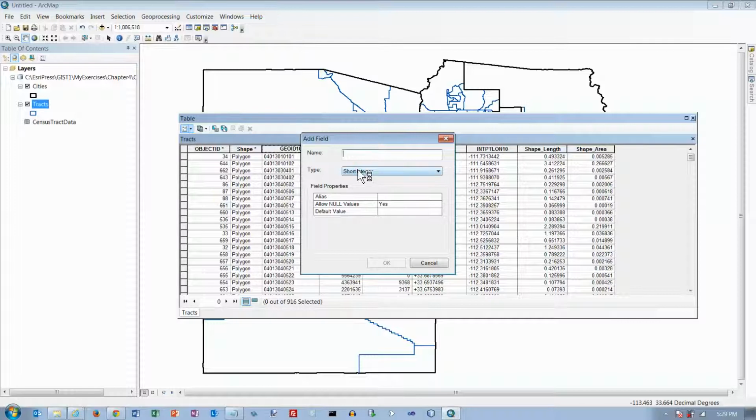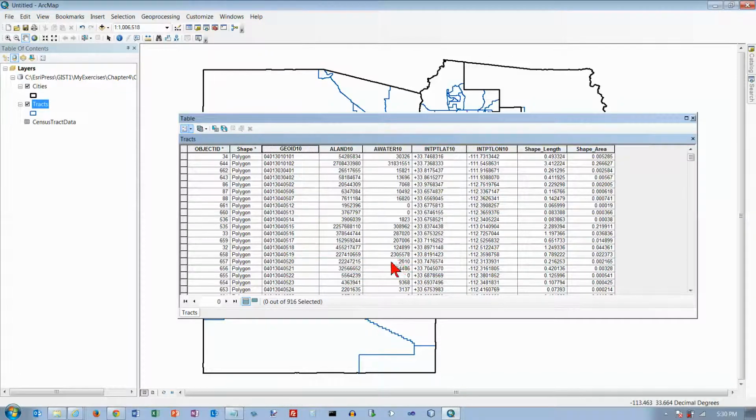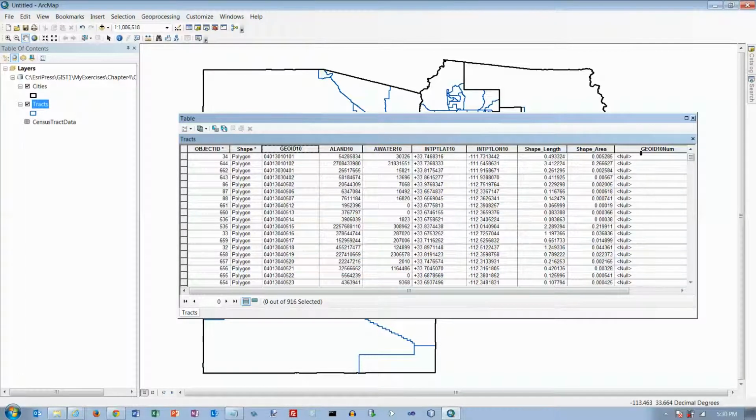So I'm going to create a new field over there, and the name of it's going to be GeoID10 NUM, and the type is going to be double, and click on OK. So we got a new column over there,